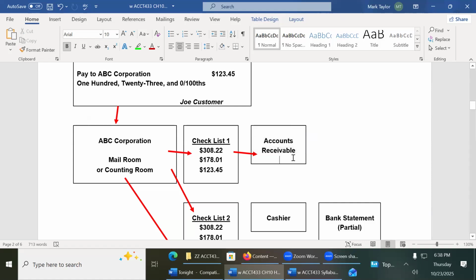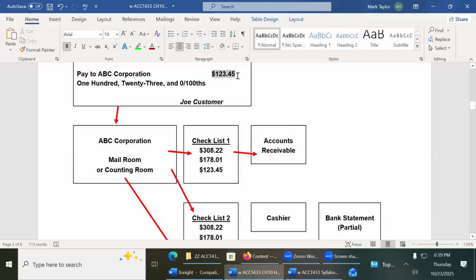But why do they need the checklist? Anyone? To see if it's a payment towards a credit sale. Yeah. Basically, you have to credit their account for these. Whoever sent in these checks,